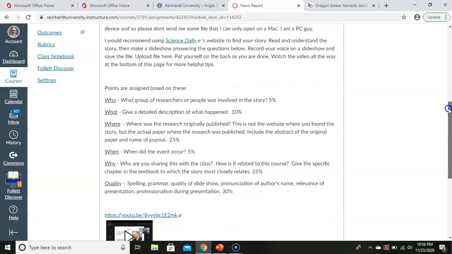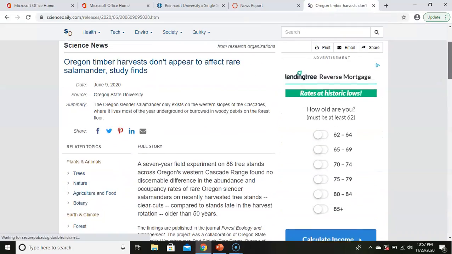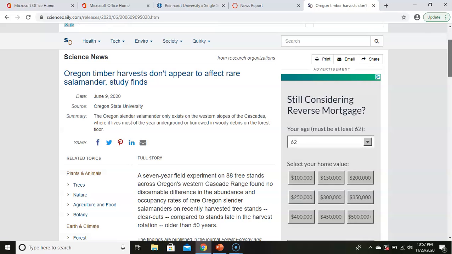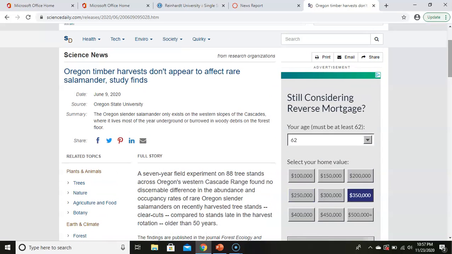The where: you can obviously mention that it was in Oregon, but really the where I'm interested in for this assignment is where this research was published,